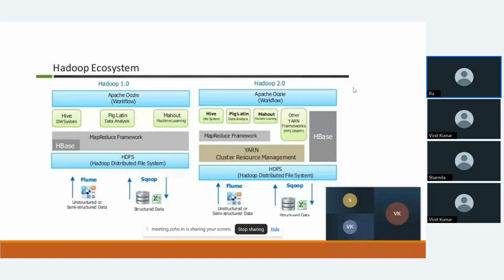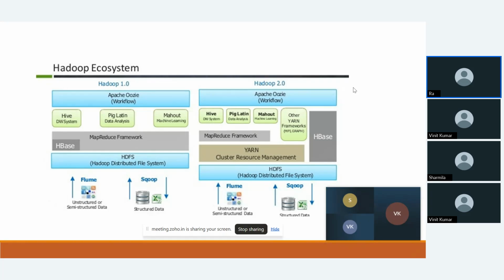So map is basically the terminology where we are just getting the data, converting it into chunks, then doing some processing on top of it, and finally reducing it. Reducing is basically the collection of data from different systems. So basically map is used to distribute the data